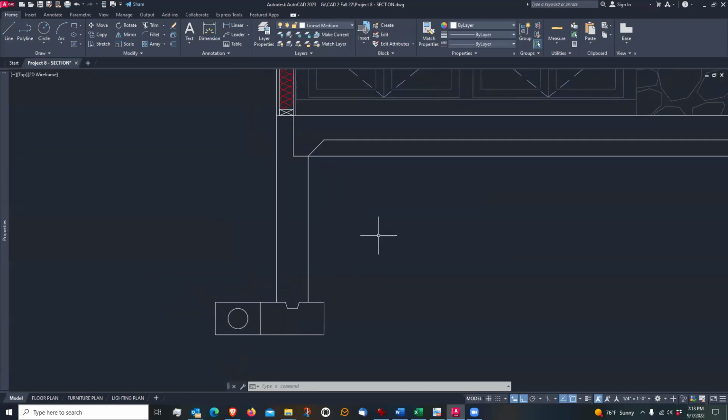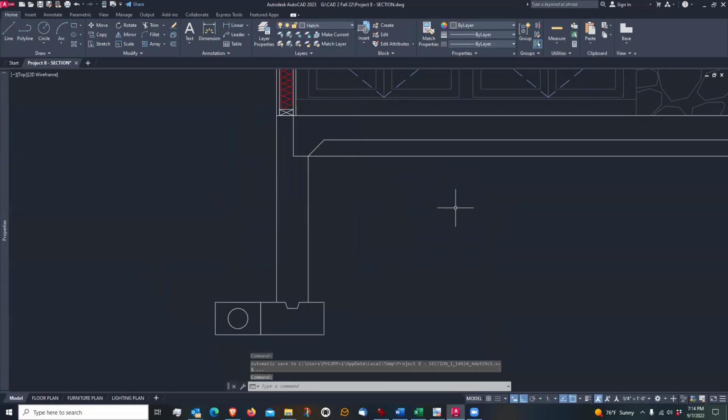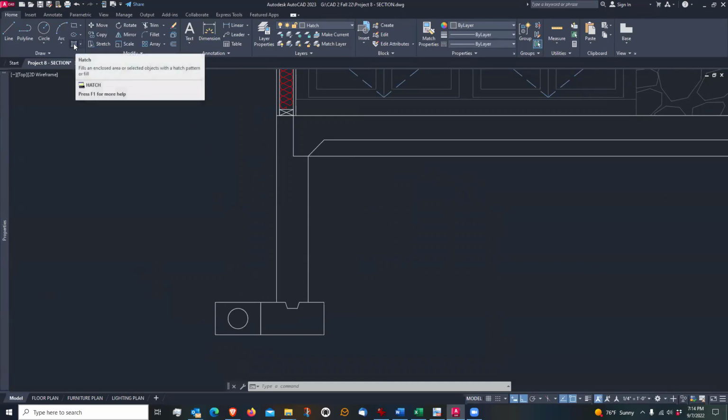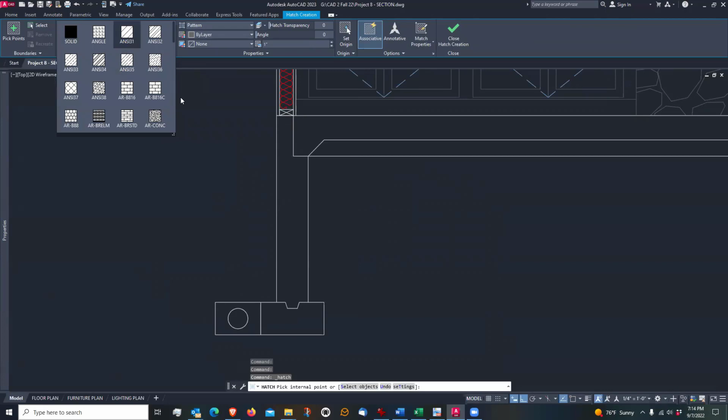So I'm going to start with my foundation wall, and let me first go to my hatch layer. Draw all of my hatching on my hatch layer here. And so this is going to be concrete, if you remember. So let's go to hatch, which is right here, and find concrete. Oh, there it is. ARCONC. Our conc is concrete. So I'm just going to click on it,